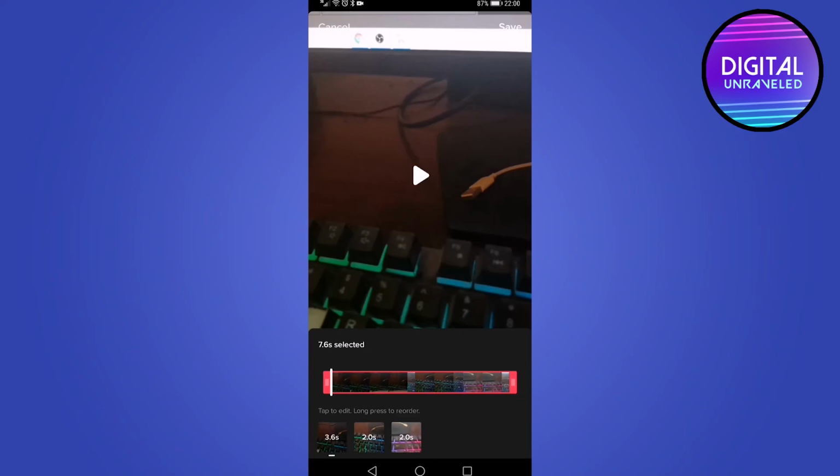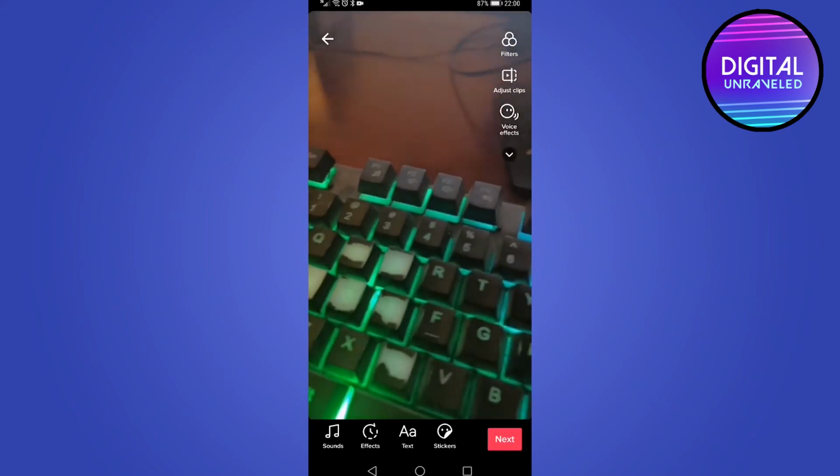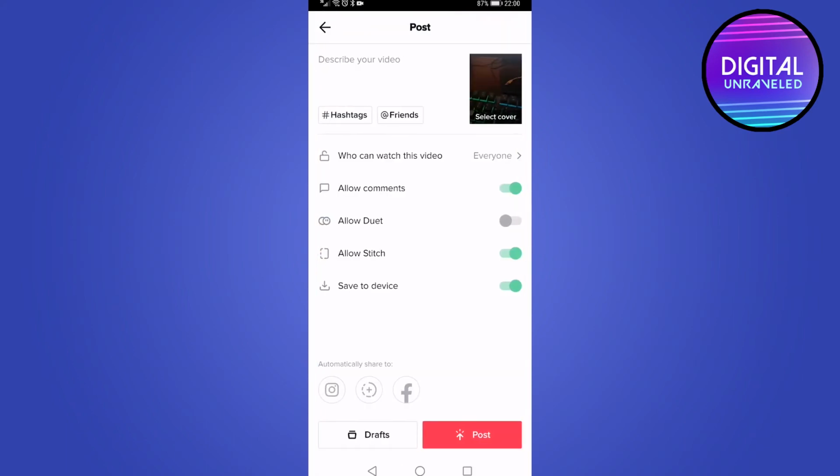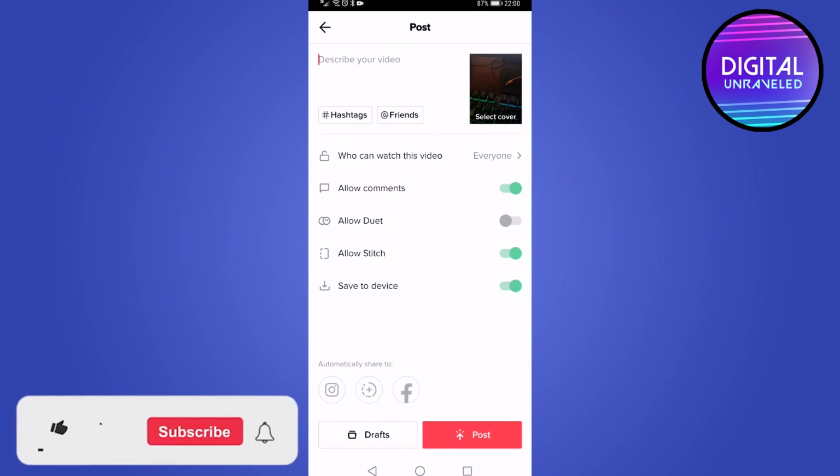When you're happy with it, tap on save at the top right, and then you can tap on next at the bottom right, and then you can go ahead and post your TikTok video. So that is how you can adjust TikTok clips in